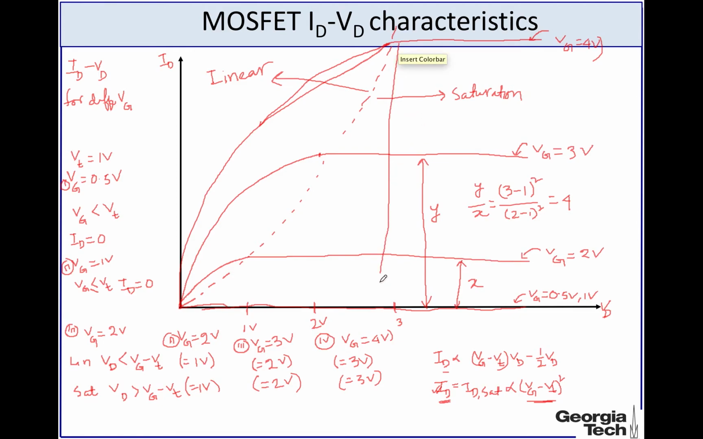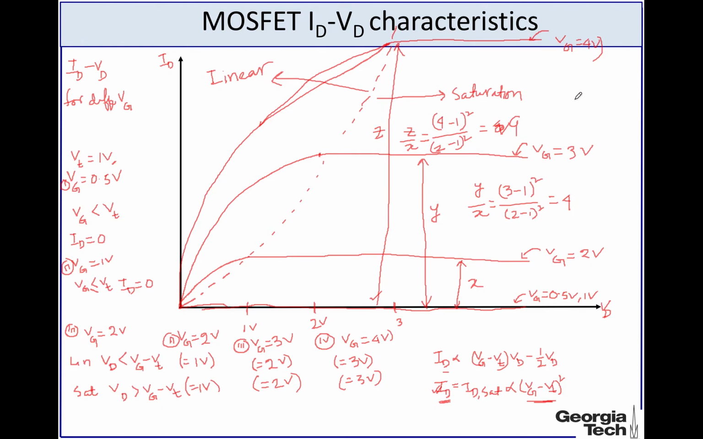And similarly, if this much is Z, then Z by X will be (4 minus 1) squared by (2 minus 1) squared, which equals 9. And this is because of the square law dependence of ID on Vg minus Vt. Alright, so this curve was not drawn to scale, but remember in this particular case the threshold voltage is 1 volt,